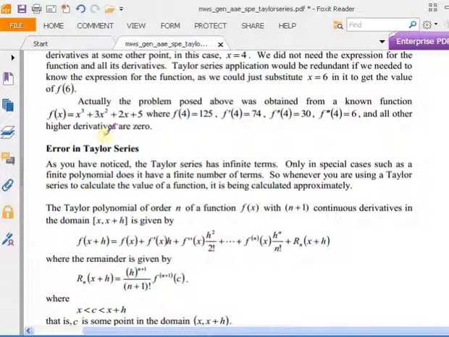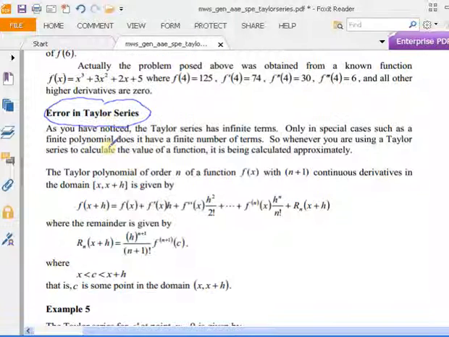Now this section is very important because whenever you do an approximation, you really need to know how accurate your approximation is. When I do Taylor series, and here's my Taylor series formula, this gives me the value of the function at x plus h. X is my expansion point. H is the difference between my evaluation point and my expansion point. So if I take n terms of this series, which means I would take up to the nth derivative of f at the expansion point,